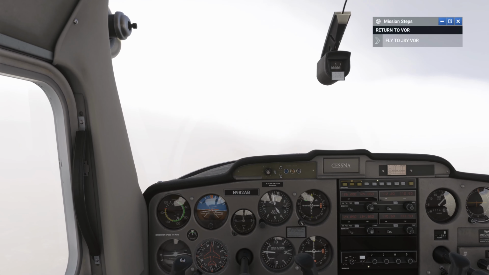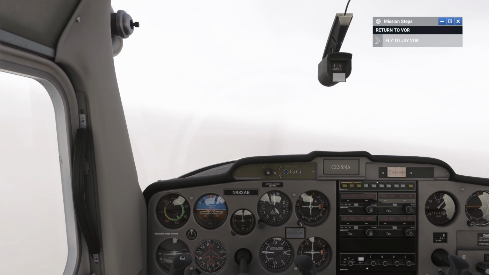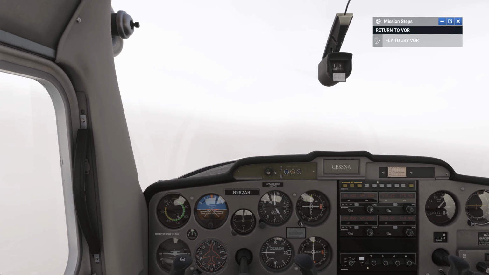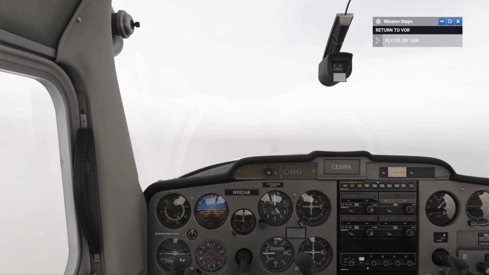It's going a little bit to the left now, so we correct the course. For 015, that should be